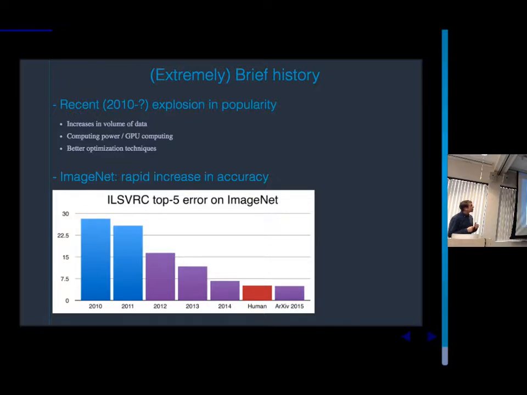Also, there were advances in GPU computing. People figured out ways to run these algorithms on GPUs, and it sped things up by, I don't know, let's say 1 to 1.5 orders of magnitude. And that was another big advance, maybe not as big as the amount of data increase, but still enough to turn these things from novel and interesting to crushing every single problem they come into contact with. And then another thing is that once it became clear that these algorithms did have something more to them than people realized, people started experimenting more with different optimization techniques. So different mathematical algorithms for training the networks.